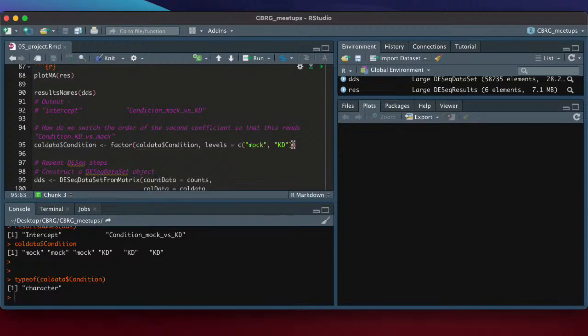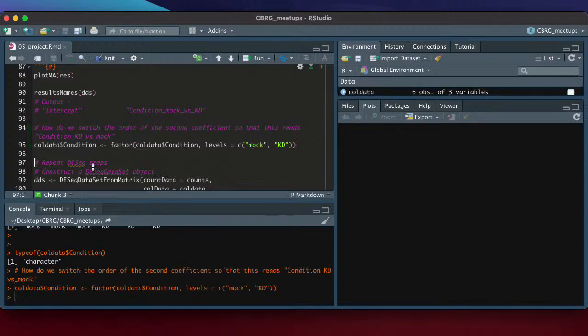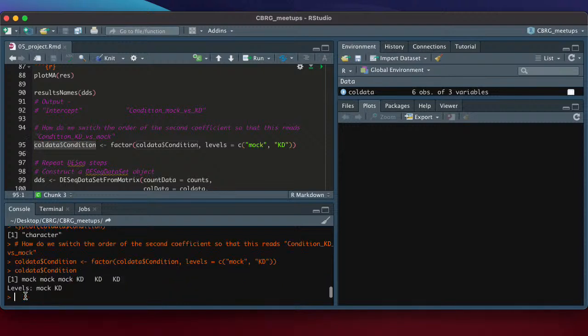To see what that means, you can run it. Then if you do colData$condition, you see now this looks a little bit different. You have the elements of this variable, but then you also have this levels information. It tells you that mock is the lower level and knockdown is the higher level. So now you have things in the right order.